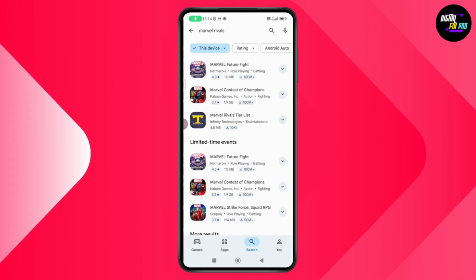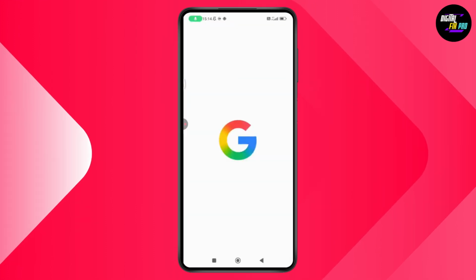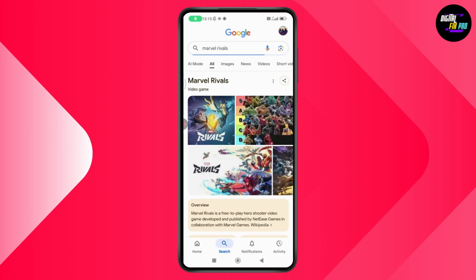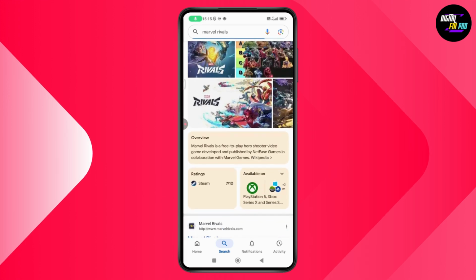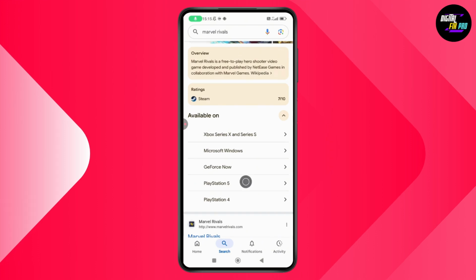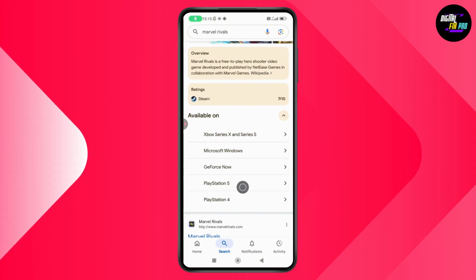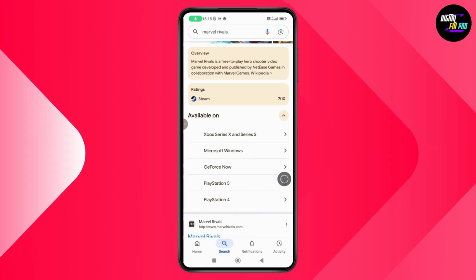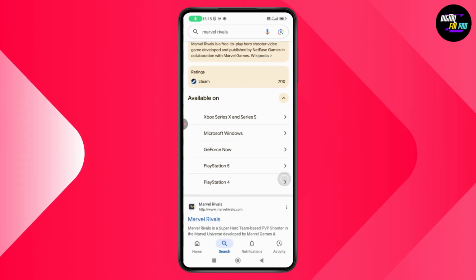So if you don't find it, you can just simply go back and then open up your Google. And if you search for Marvel Rivals, as you can see, it says that it's a video game. So it's a free-to-play game, but it's only available on, as you can see, here you will have the options. Go with the drop-down. And it's only available on Xbox Series or Microsoft Windows, GeForce, PlayStation 4 and 5. So it's not available on Play Store. So unfortunately, you won't be able to download your Marvel Rivals on your phone, but you will be able to download it on these